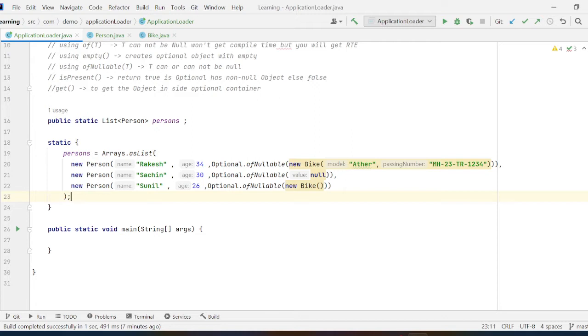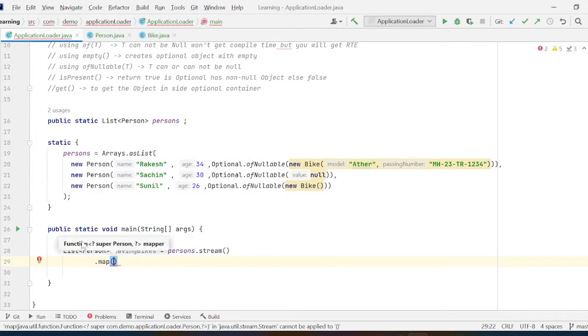So our agenda for this video is to fetch the persons who are having bikes. The result is going to be a list of Person, so we'll say List of Person, name it havingBikes, equal to, so we already have the persons, then we create a stream over it, and then we map those using a person, or we can also use the filter option, as we are going to do the filter over it. So person